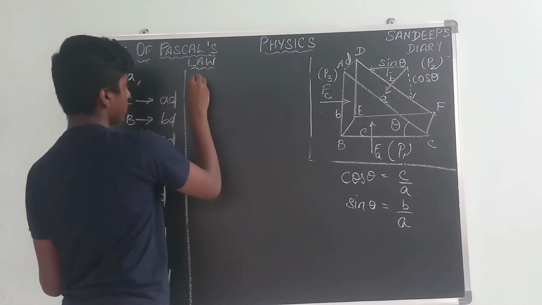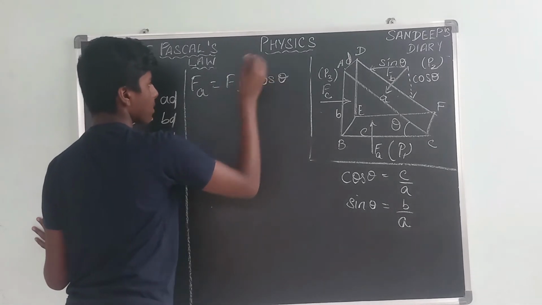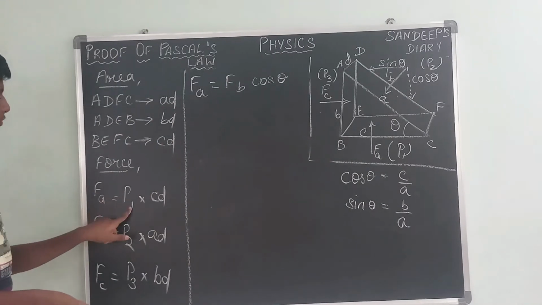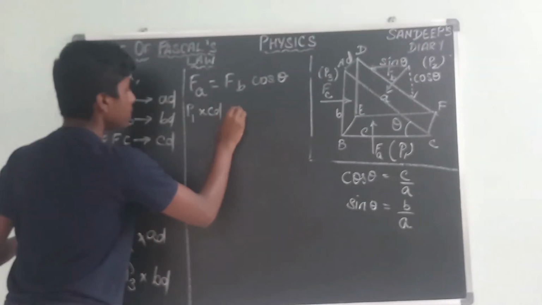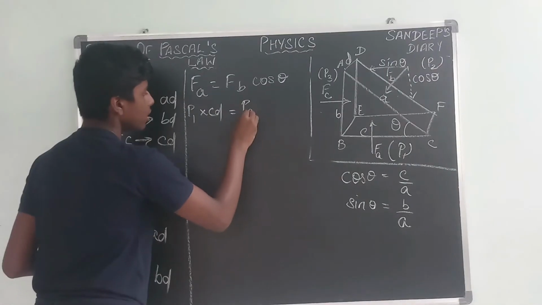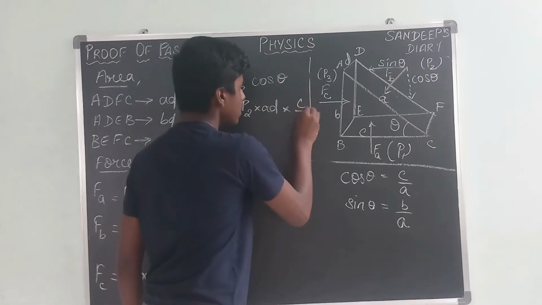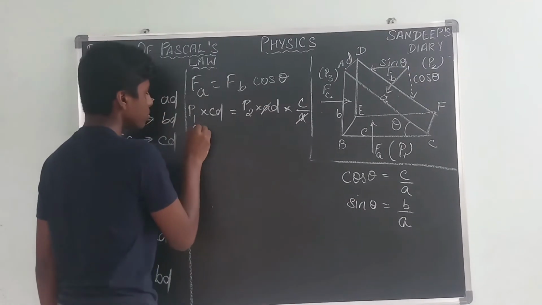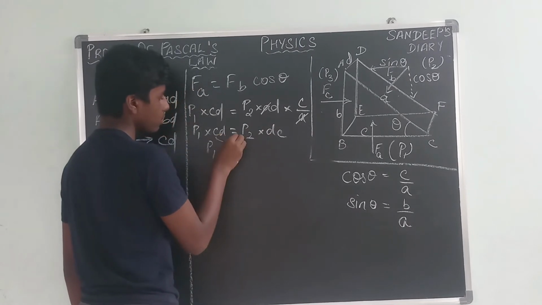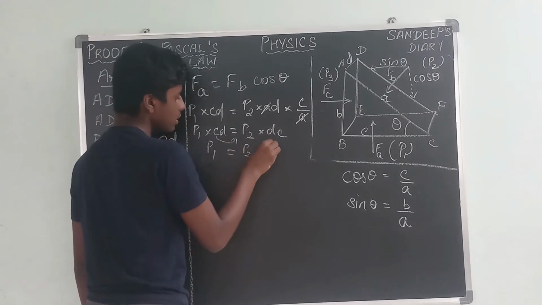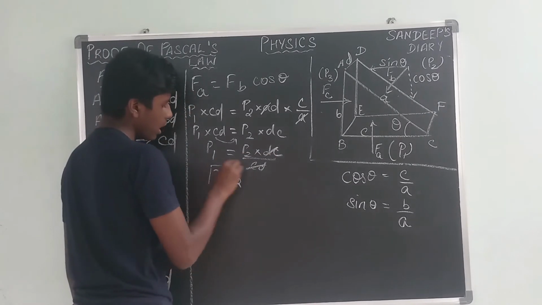So I have got the second equation now. Now taking on the first equation, so we know FA. What is FA? FA is P1 into CD, right? Next, FB. FB we have P2 into AD into cos theta. What is cos theta? It is C by A. This A will be getting cancelled. So P1 into CD is equal to P2 into DC. Next, P1 I am going to bring through that side. So P2 into DC by CD. This and this will be getting cancelled. So P1 is equal to P2 I got now.